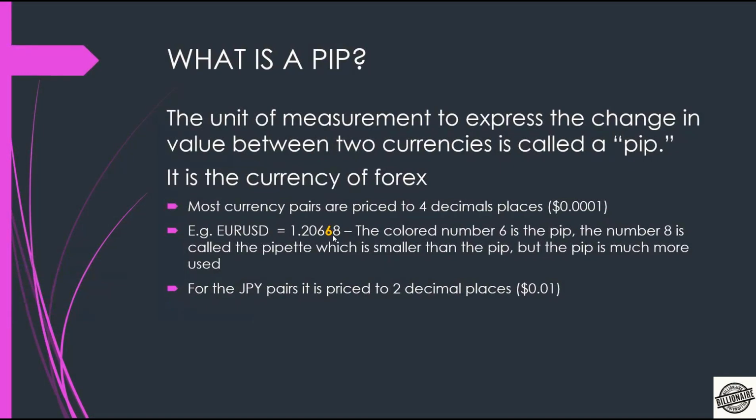So we'll start with what they call the PIP. The PIP is one of the most important things in Forex, because this is how we measure whether we are making money or losing money. This is our currency, so to speak. It's defined as the unit of measurement to express the change in the value between two currencies. I told you last time we met that there are numbers involved in currencies,